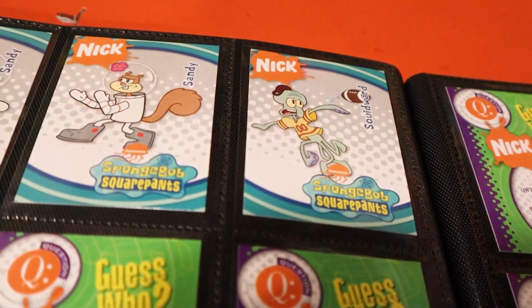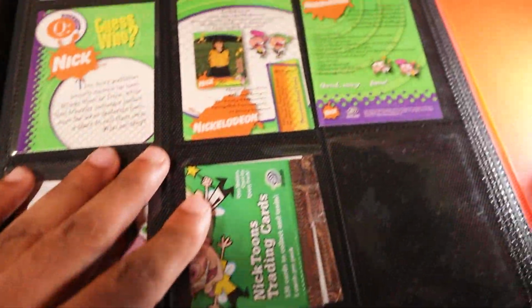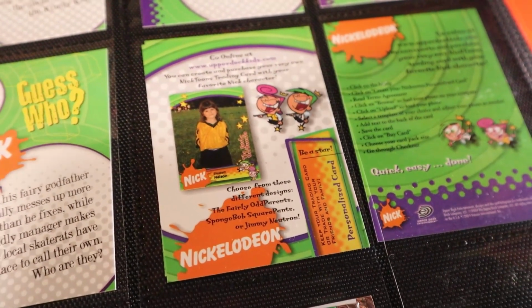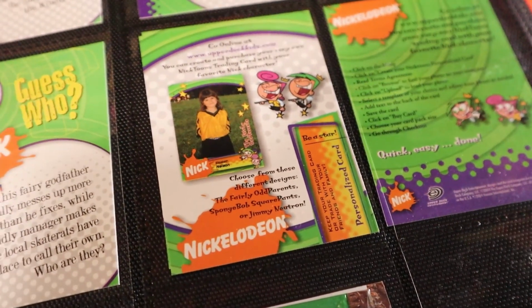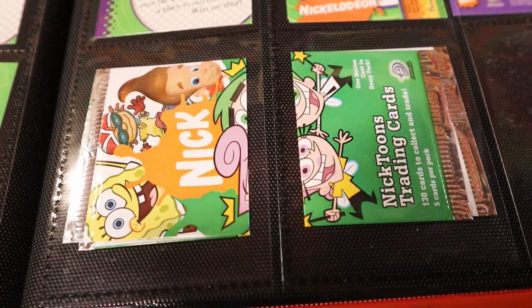We have Squidward playing football, Sandy doing karate, surfing, and then we have the Guess Who card, which is a little trivia card set that you can see here and has the answers on the backside of them. We have this little promotional card that actually shows that you were able to send in your own pictures and get your own Nicktoon cards made, which I would love to see if there's anybody out there that actually has one of those. The website where you can go find all that information, and then also the pack art here